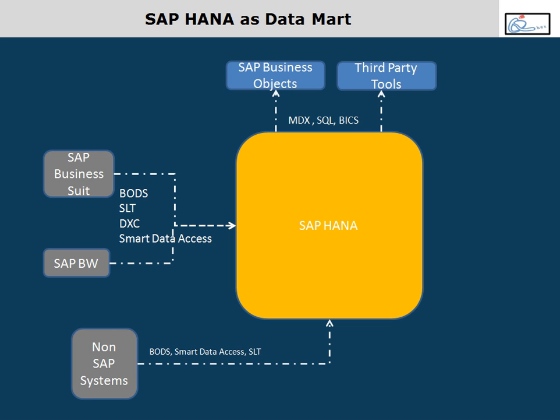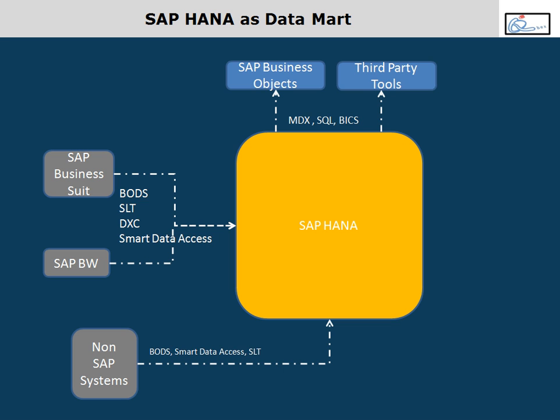Let's say I have a database table in HANA, and I've got a database table in ECC. From the ECC table I can do data provisioning and load into the HANA table. I can use SLT, DXC, BODS, smart data access, smart data quality or smart data integration; anything can be used. You can extract from non-SAP, SAP, any systems, and bring the data in. Once the data is brought into those tables, HANA has modeling capabilities where you can create HANA information models like attribute views, analytical views, or calculation views, and expose them for the reporting environment.